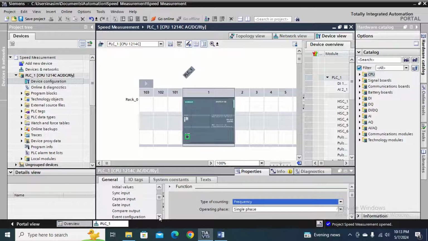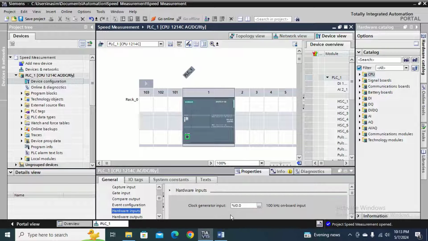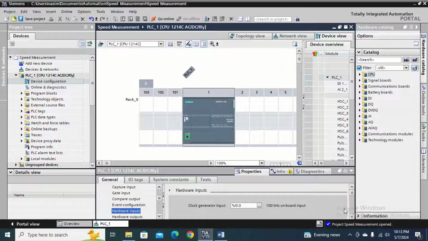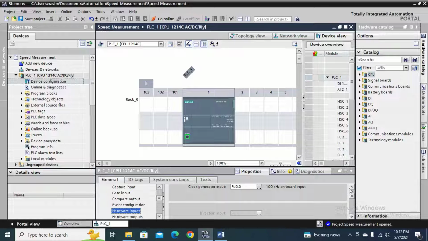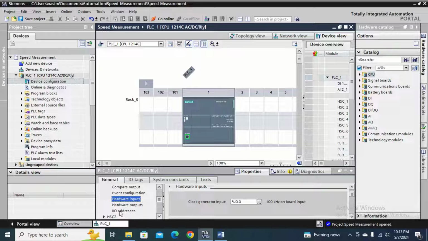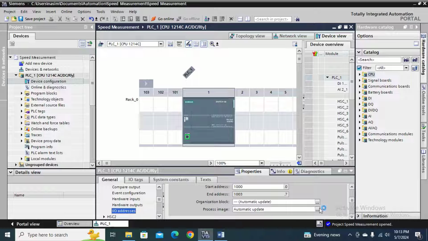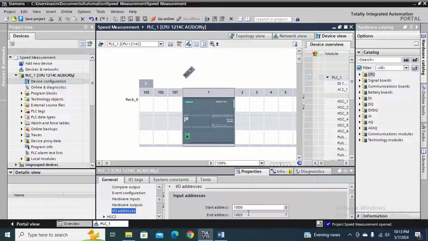Then go for hardware inputs. Here the address is I0.0. The proximity sensor is connected to the first digital input of the PLC, which address is I0.0. Now go for input output address. Here this address will be used in the PLC ladder diagram, and we can monitor the speed of the motor